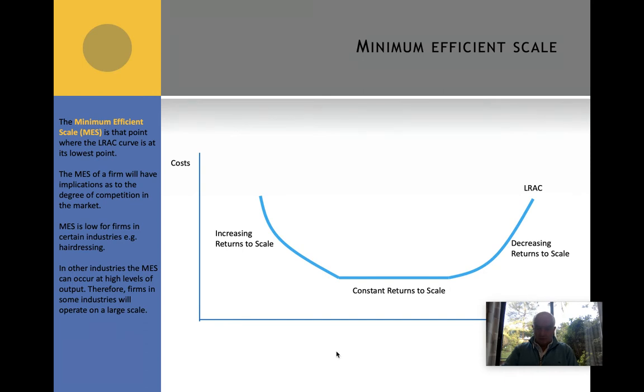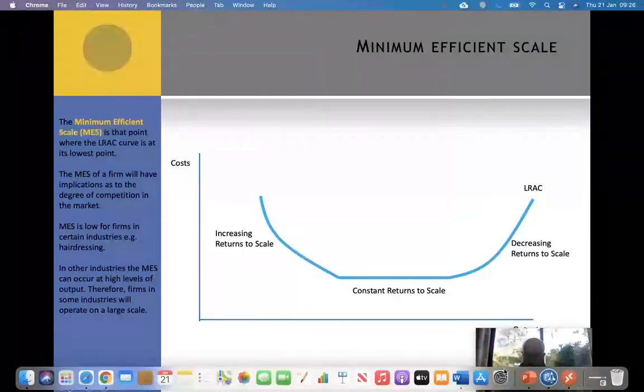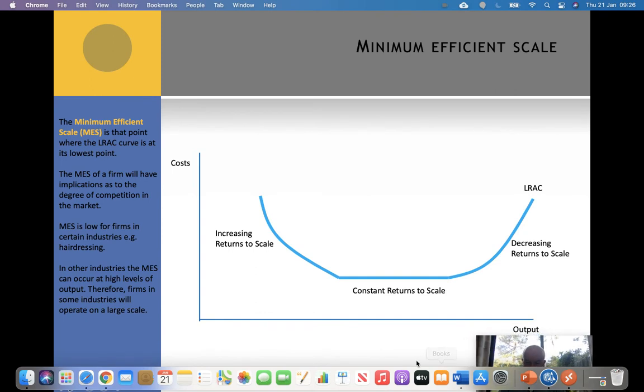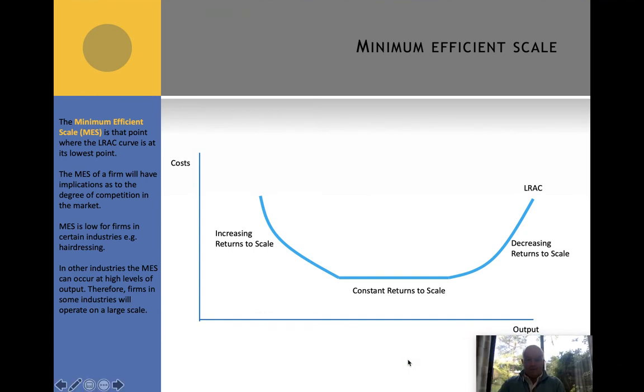So let's take a look at this minimum efficient scale and then try and draw some conclusions from that based on the way in which we might represent that in a graph. So as we can see, it's the same principle. This minimum efficient scale, this MES, is the point at which our long run average cost curve is at its lowest point. Now you can see that is at a point where we've got increasing returns to scale,